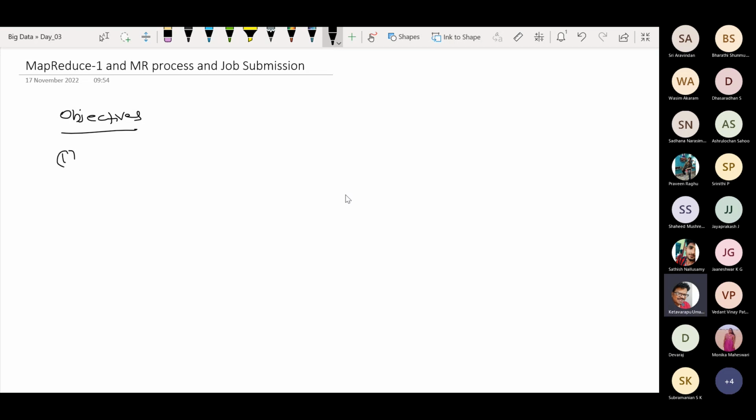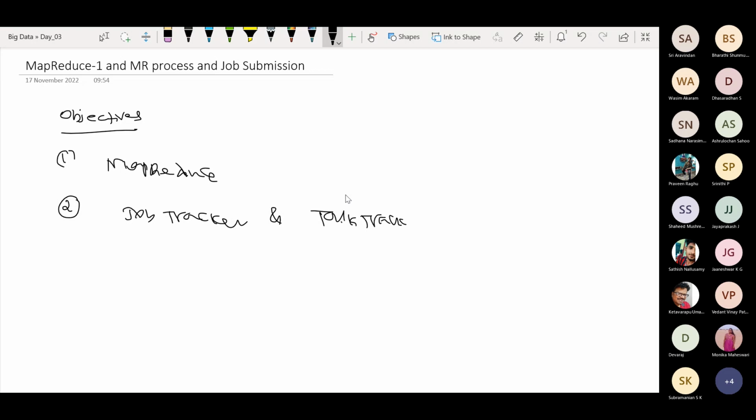Initially, I'll be giving you some inputs related to MapReduce, what exactly MapReduce is, and an extensive discussion on job tracker and task tracker information. And thereafter, we'll take some example of MapReduce,